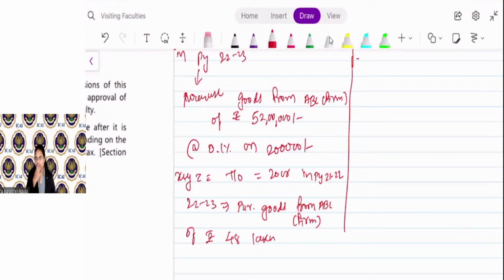Yes or no? Everyone, give your answer quickly. No TDS is applicable. Why? Because the turnover in the last year is more than 10 crore, but the value of goods purchased during the current previous year is less than 50 lakh rupees. Another question is,